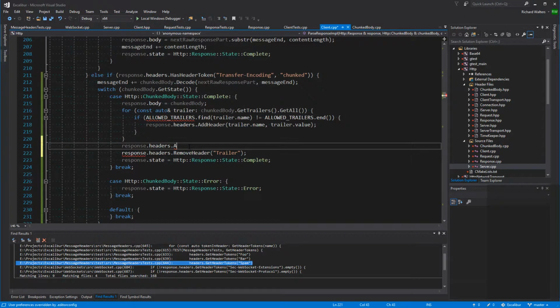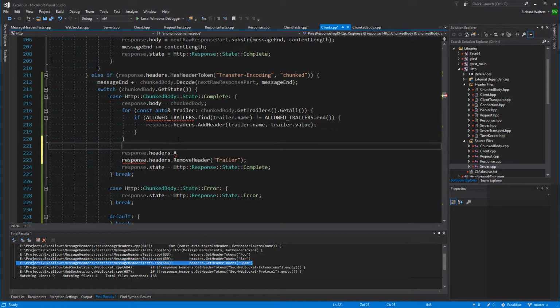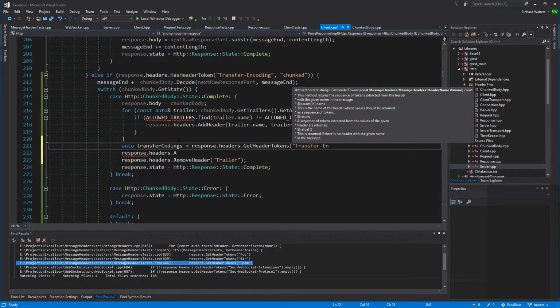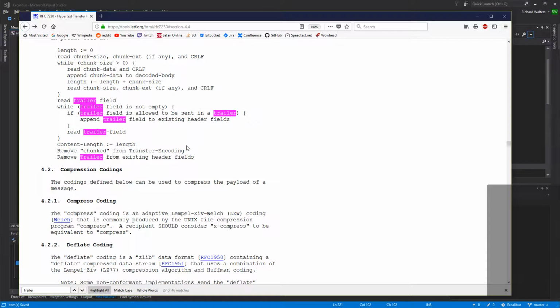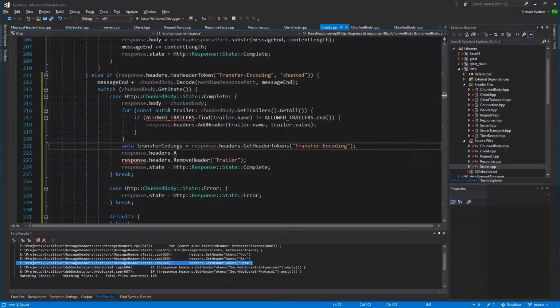What I want to do is get the list of tokens, remove chunked if it's in the set, and then reconstruct the header without it. So I guess what we'll do is this. Auto transfer codings equals response.headers.get header tokens transfer encoding. Just to make sure. Yeah, it says remove it from that. Not to remove it from the header fields, but just to remove that token. The transfer codings is a vector, yes. So we're going to